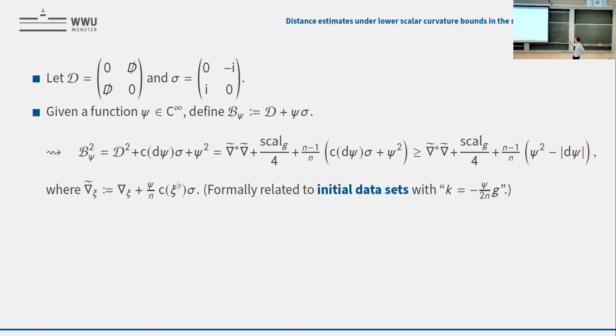And then the way you go about this is you choose your potential in a way that it relates to some sort of distance, and that's in the end how you bring the distance into play